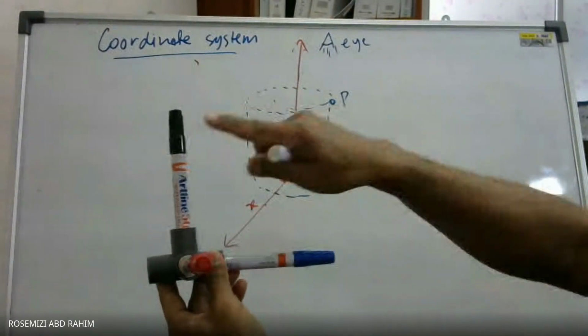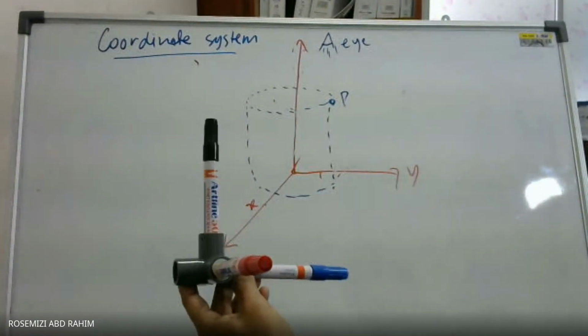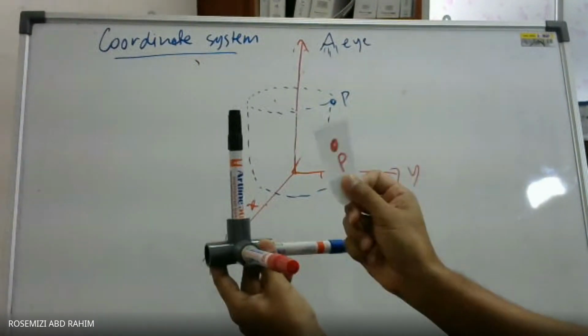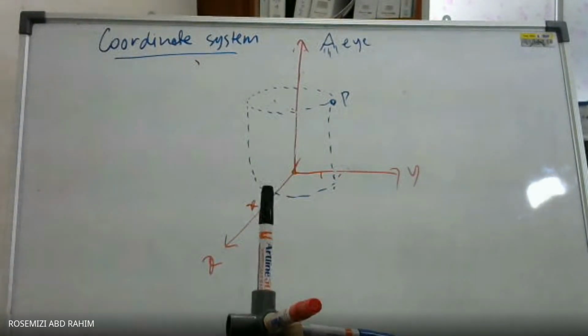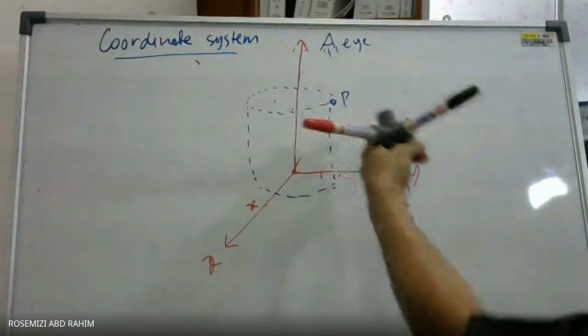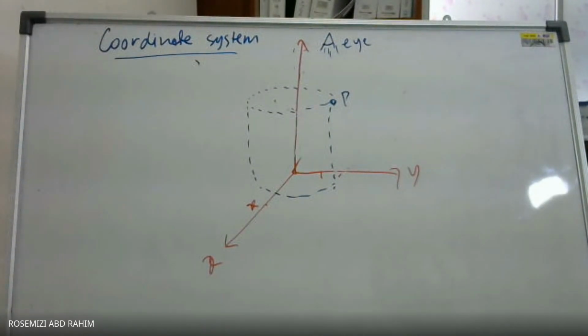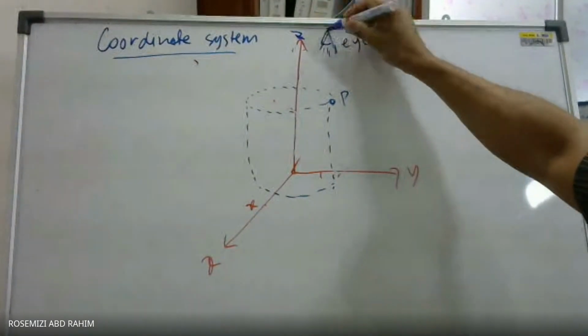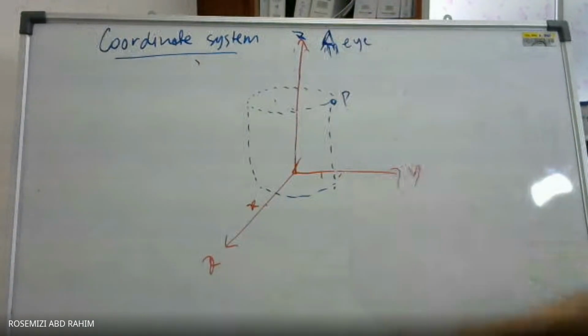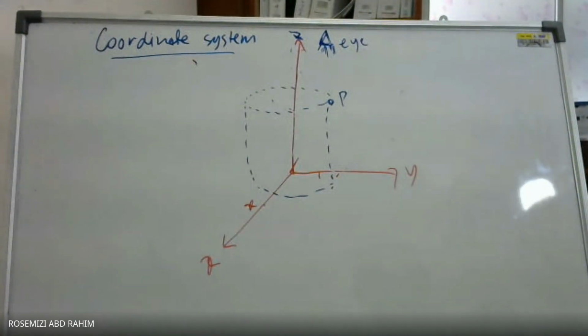So if point P is here, and then we use cylinder. If you look from this angle, from Z axis, our eyes are from Z axis. What we can see is